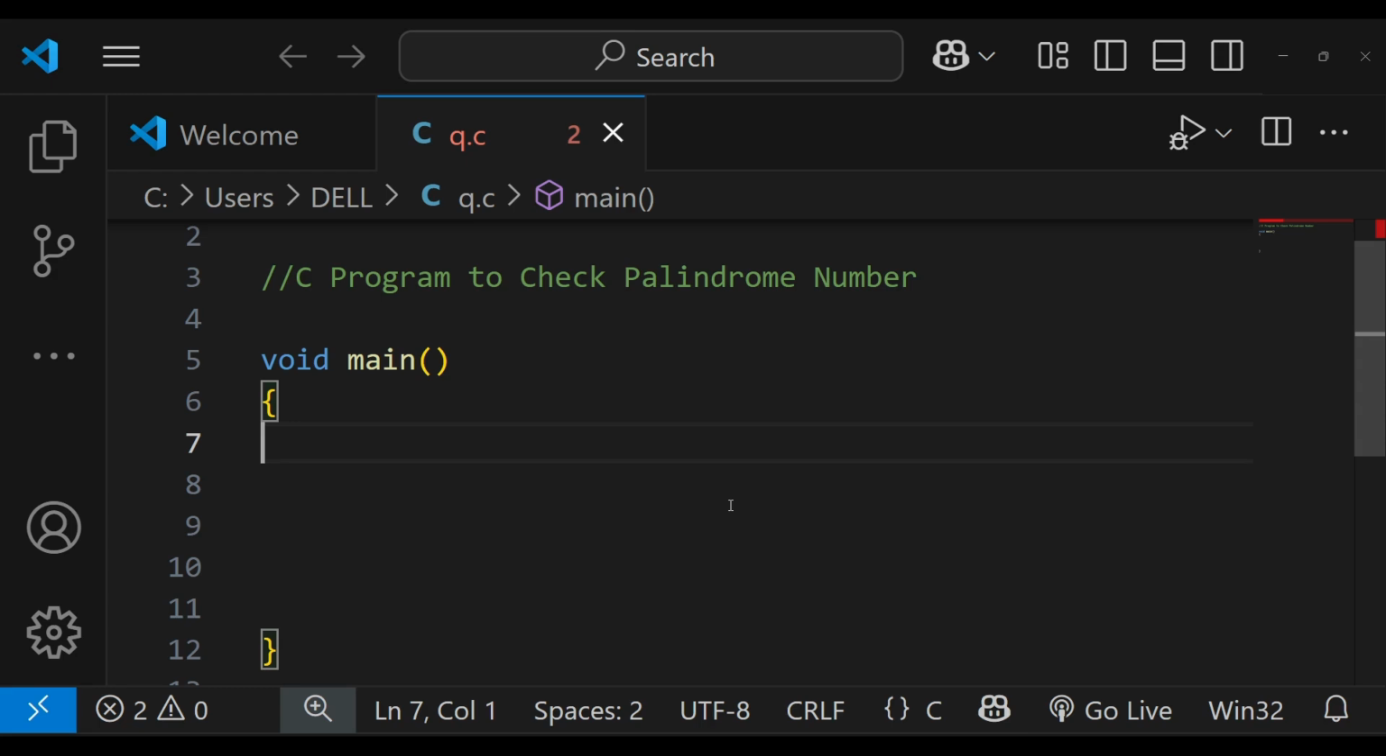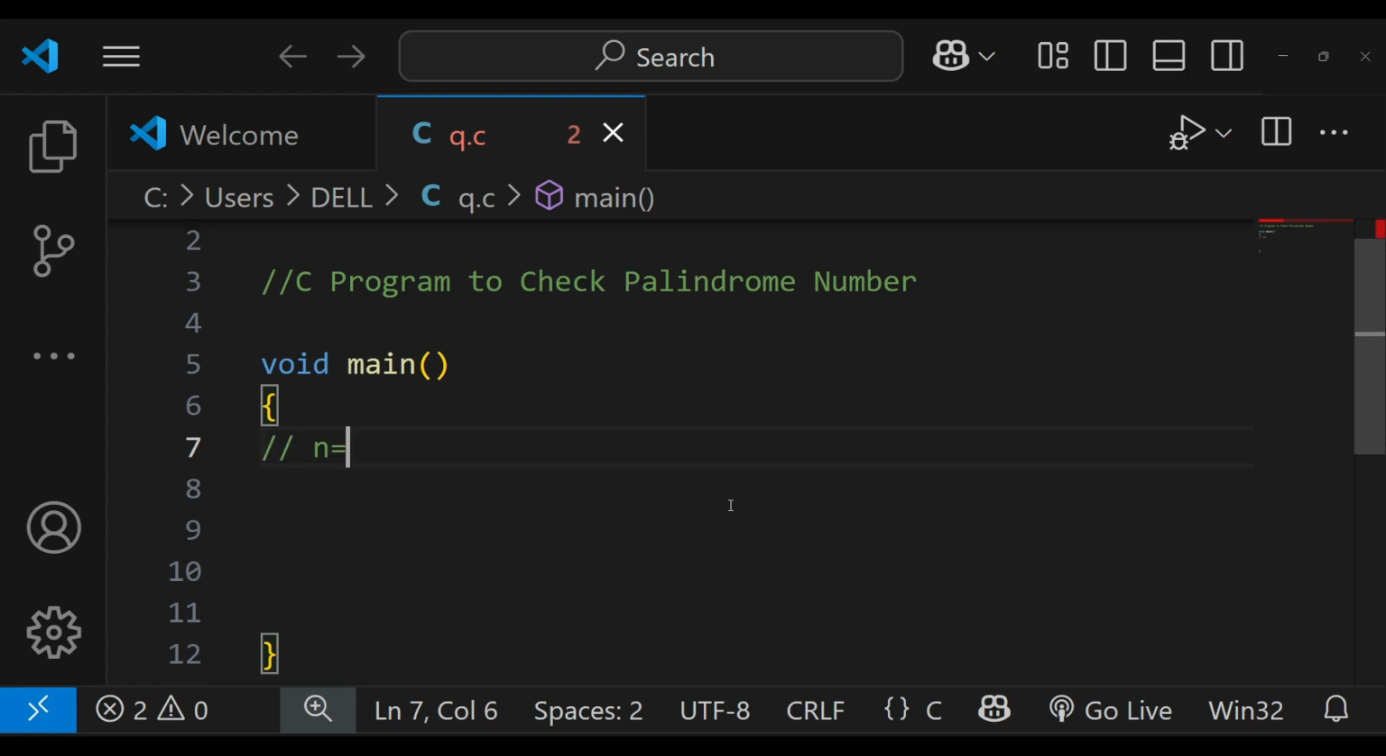As the name indicates, today we are going to work with a program which is very important when we have to appear for an interview: to check whether a number is a palindrome or not. What does it mean, a palindrome? Palindrome means, for example, n is equal to 1234, and if I reverse the number,